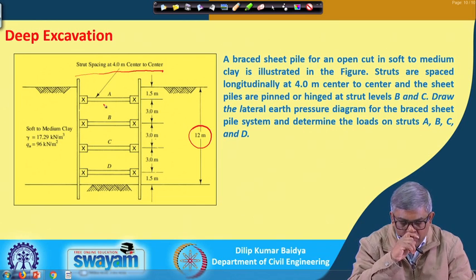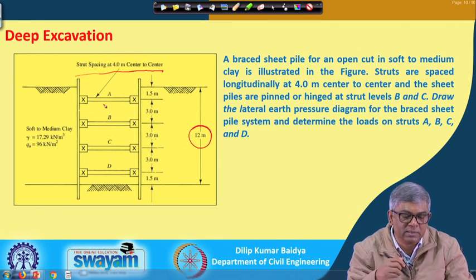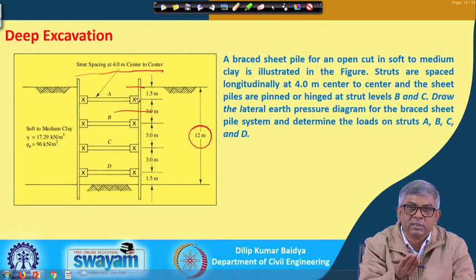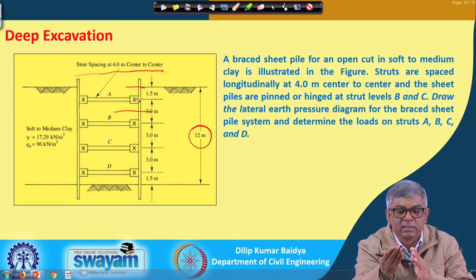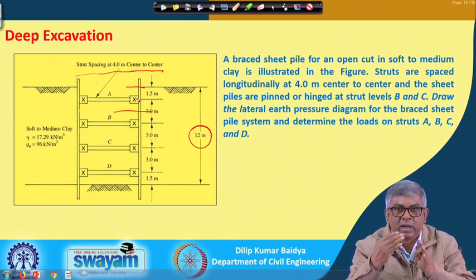So, while calculating load, you have to consider the influence area. That means while calculating strut load, I will be taking from here to here this much vertically. Similarly, I have to consider horizontally also 4 meters. So, 2 meters from this side, 2 meters from the other side. So, 2 meters from this and 2 meters behind. So, that means another 4 will come.